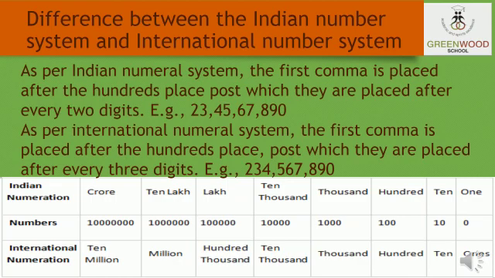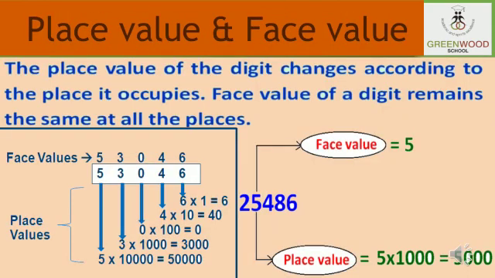Million and billion are international units of the number system. It has a 3-digit split in the numbers. This system is commonly used in Western countries, whereas lakh and crore are Indian units of the number system. This system is followed by a 2-digit split after the 100 place. Now, let's look at the new topic of this chapter, place value and face value.